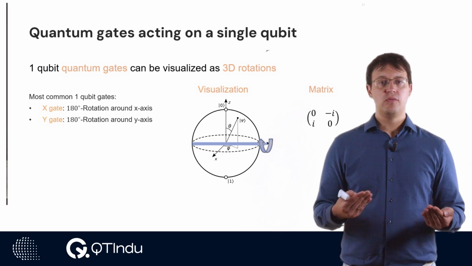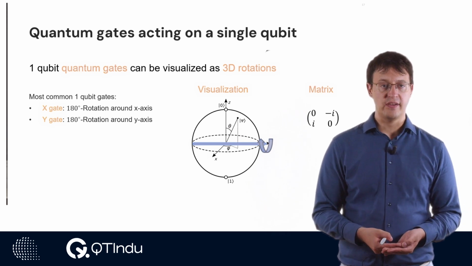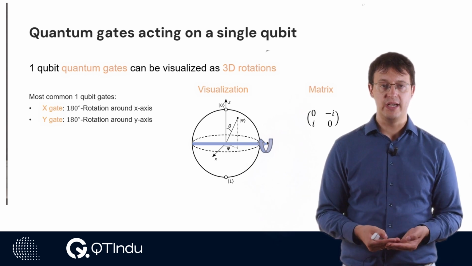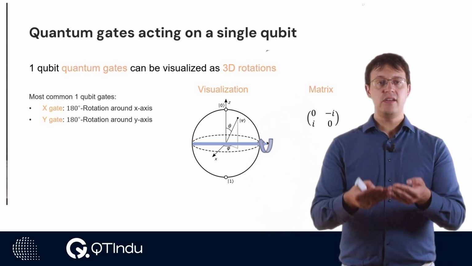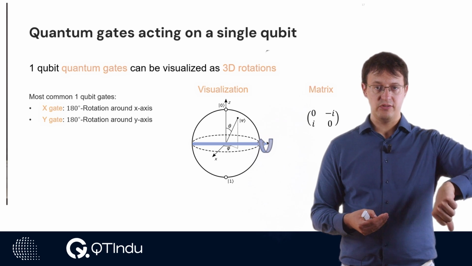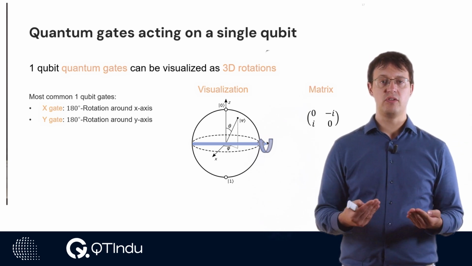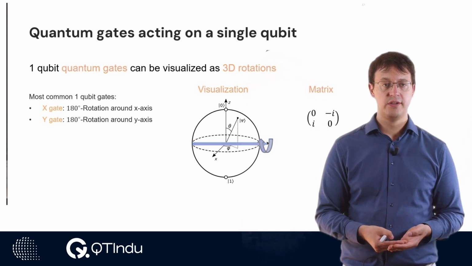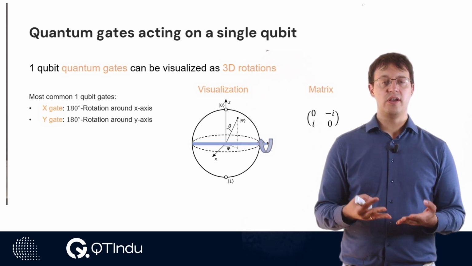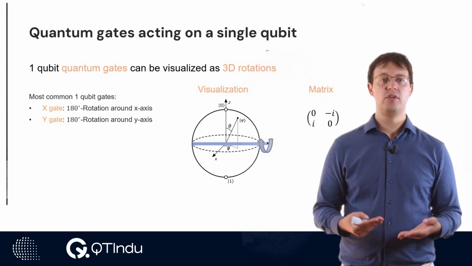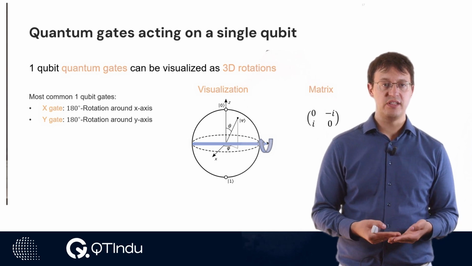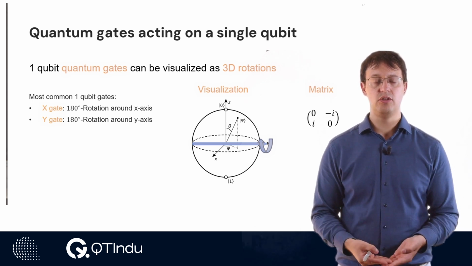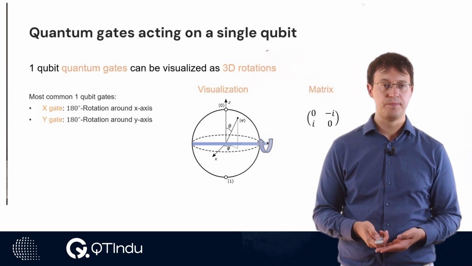The second gate we will look at is the Y gate. The Y gate is a 180-degree rotation around the y-axis. Again, we take your state and we rotate it 180 degrees around the Y axis. The matrix representation is given here. And the Y gate has no classical analogy because it also takes a phase gate into account. So in addition to a NOT gate, you also do a phase NOT gate.